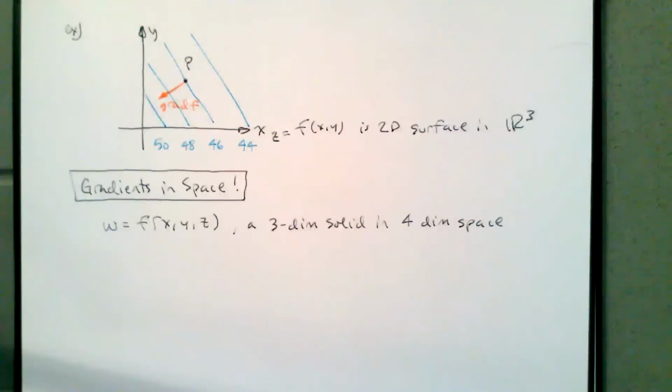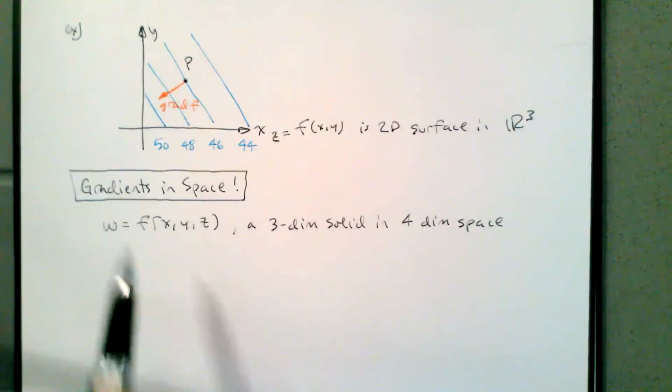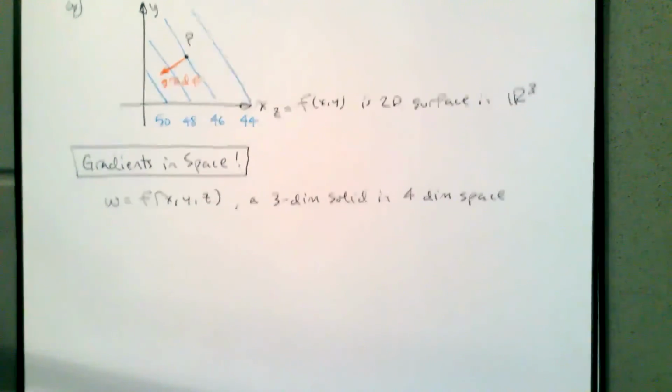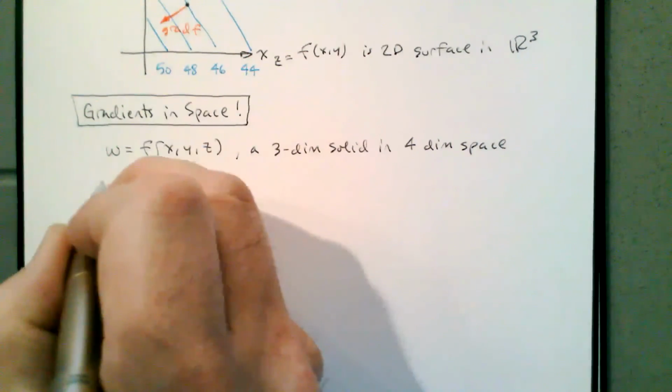We're going to want to make a gradient out of this as well, because I just said this is going to be gradients in space. So it makes sense of gradients, and they're going to be three-dimensional. The good news is it works exactly how you guess it would work. If I want to make the gradient of f,